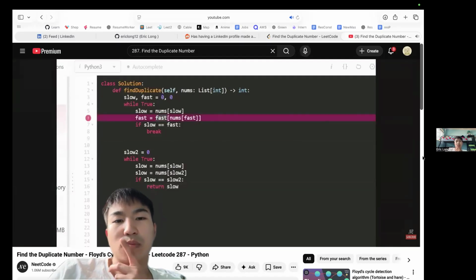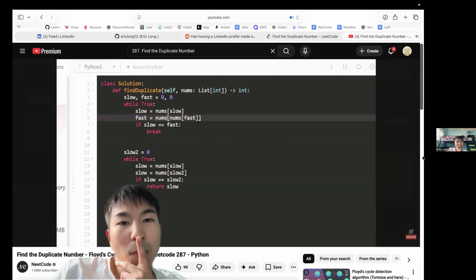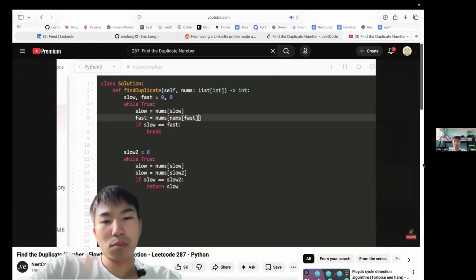Okay, I don't know what I was thinking. I don't know why I put fast on the outside. This is nums of fast, which is a number, which is a different index. And then we're going to use that